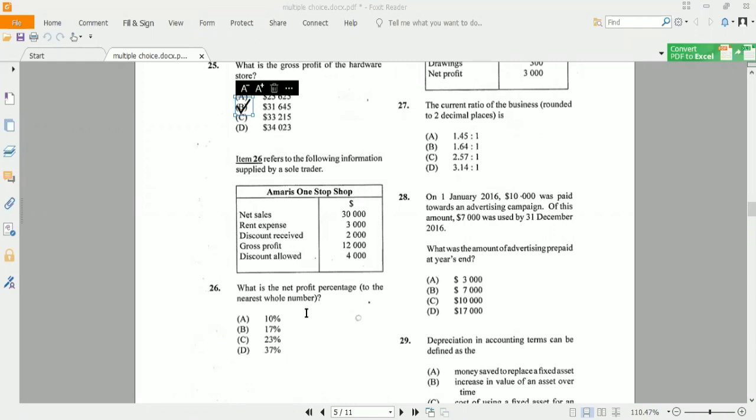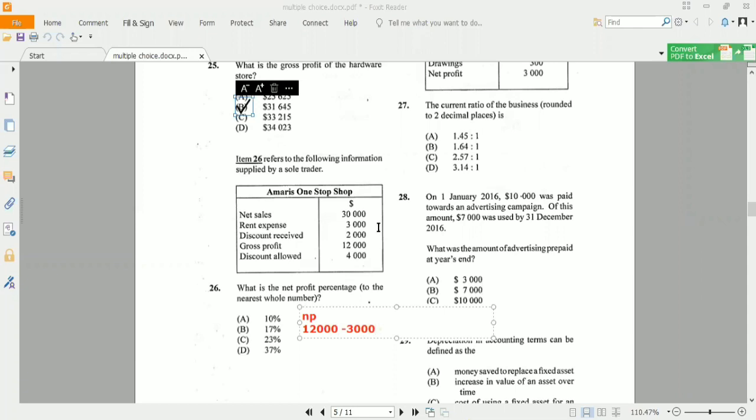I think some responses there. So guess what? The first thing we have to calculate is what is net profit. And based on calculating net profit, we have gross profit of 12,000. So that is 12,000. We have expenses. So we have to minus the